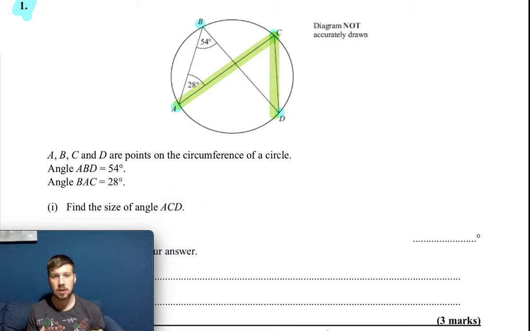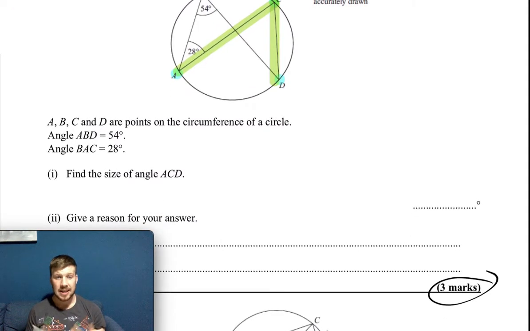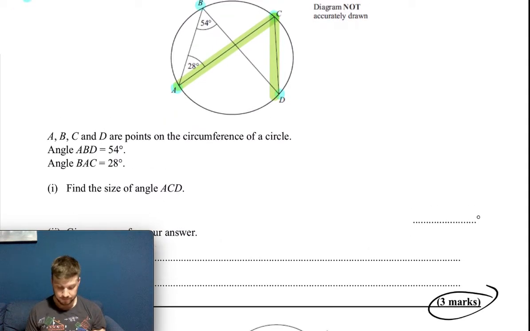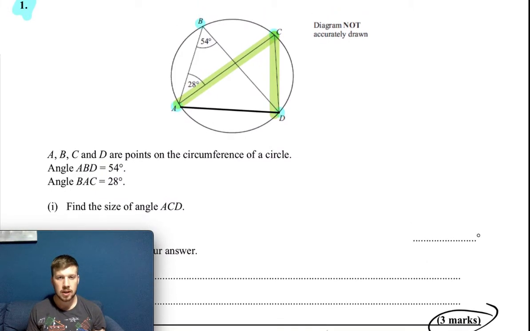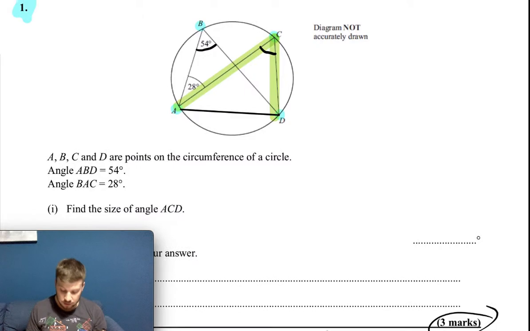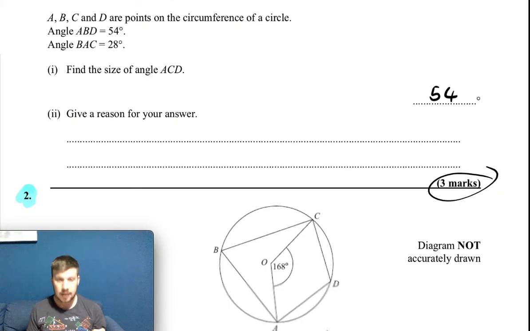Okay, so how do I do this? Well, this is just applying one circle theorem, but you can see it's 3 marks, so I'm going to have to give a reason for my answer. Hopefully, you can see that if I draw a line across here, we'd call that a chord. I have got angles which are in the same segment. So the angle ABD is equal to angle ACD, so therefore this angle must be 54,